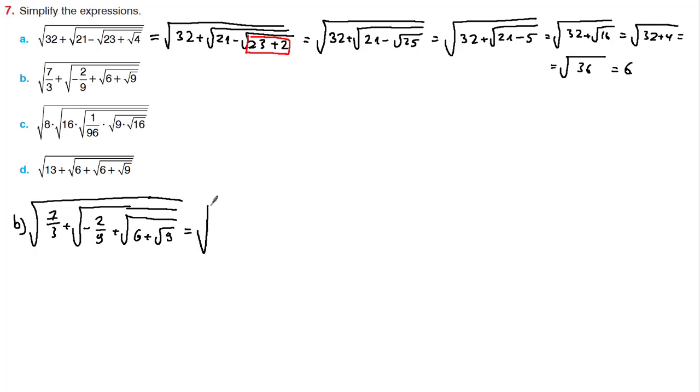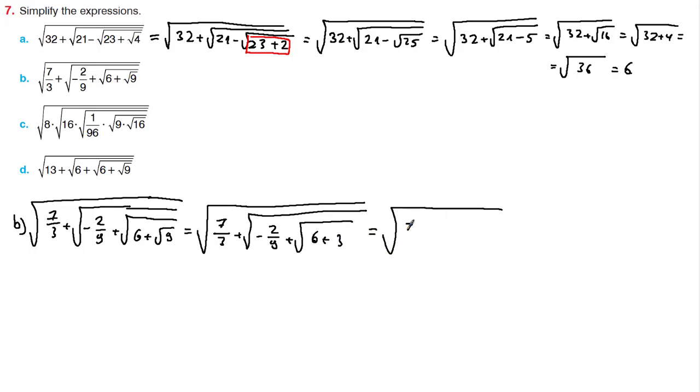You get square root of 7 over 3 plus square root of negative 2 over 9 plus square root of 6 and square root of 9 being just 3. So we copied everything except the square root of 9 there. Now again we copy everything, 7 over 3 plus root of negative 2 over 9 plus, now 3 and 6 adds up to 9, square root of 9 being 3, and